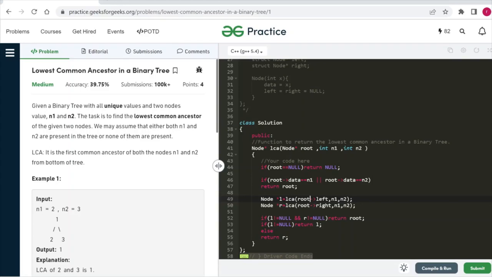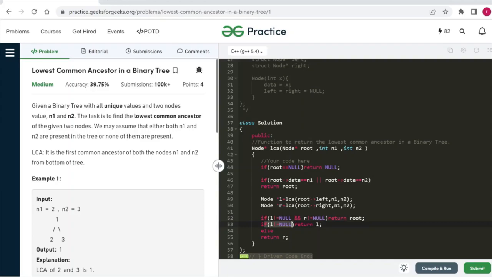If the value that we are getting from the left subtree is not equal to null, and the value that we are getting from the right subtree is not equal to null, then we will simply return root. Otherwise, if the value from the left subtree is not null, then we return L, which means the left subtree is giving a non-null value and the right subtree is giving a null value.